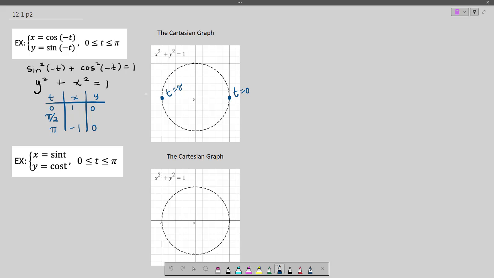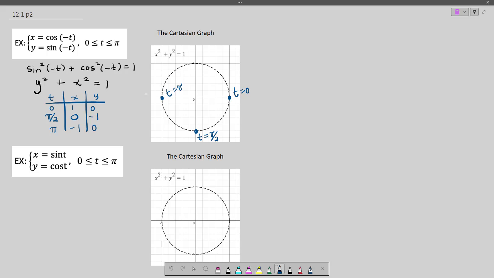So plugging in pi over 2 into these parametric equations, cosine of negative pi over 2 is 0. Sine of negative pi over 2 is going to be negative 1. So we're down here at 0 comma negative 1 when we're at t equals pi over 2. Once again, we see that the parameter does have a geometric meaning. It's different than the last problem, though. Here, the parameter is representing clockwise rotation from the positive x-axis,